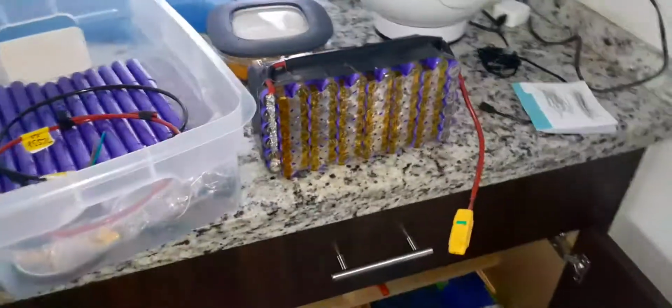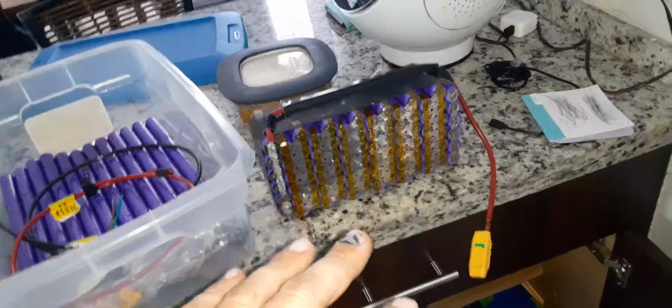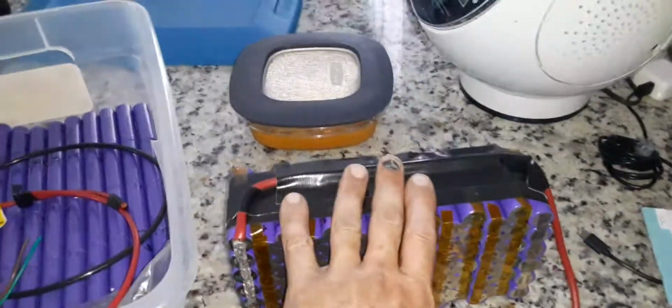Just want to charge it as fast as possible, but as safe as possible at the same time. I can probably push 10 amps into this battery and charge it really quickly, but I haven't tried it and I don't want to risk it. So